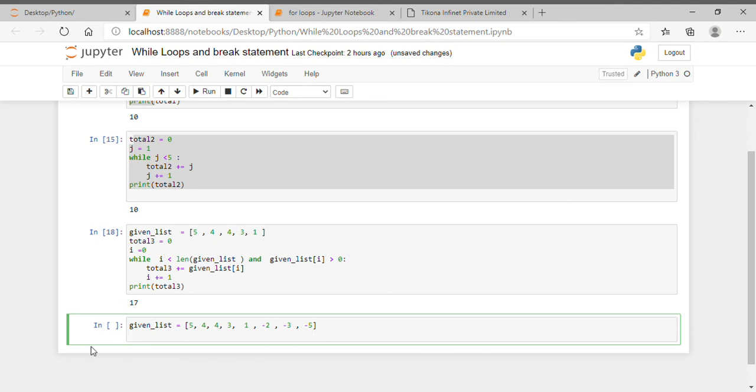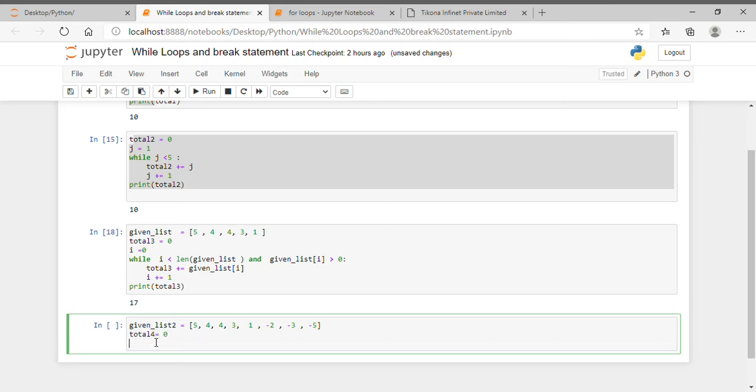You might ask, given this list, can we add all positive numbers using a for loop instead of a while loop? Answer is yes, we can. Let's see how that works. We're going to define total 4 is equal to 0, and then we're going to write